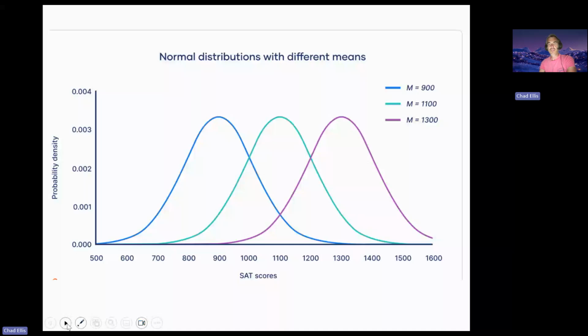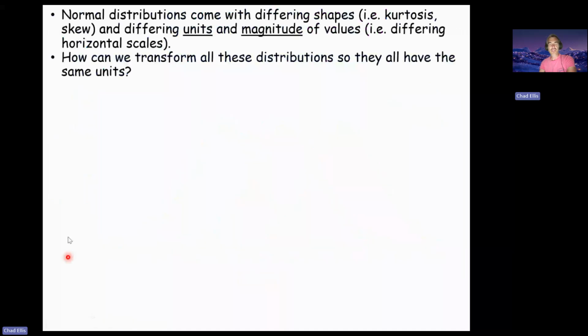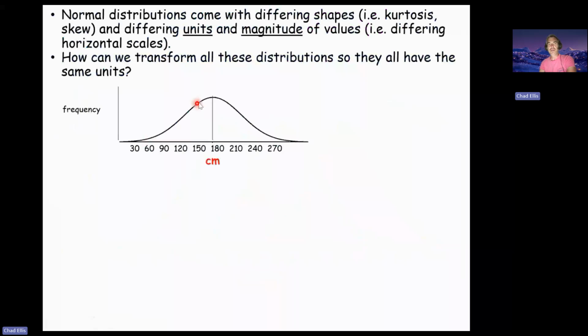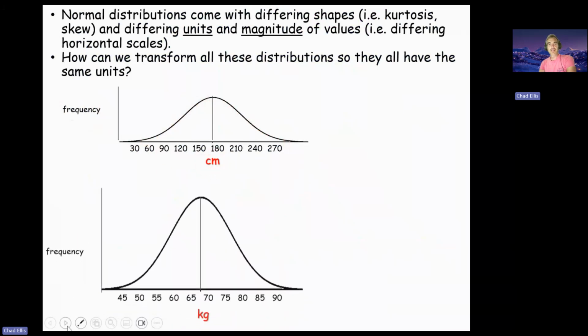But we can also have distributions with different means, different amounts of dispersion, and different units, right? So imagine we have this normal distribution here. Maybe it's the height of people in a town, right? The units here are in centimeters, and here's the frequency. So you can see this is the normal distribution for centimeters in this case, but maybe